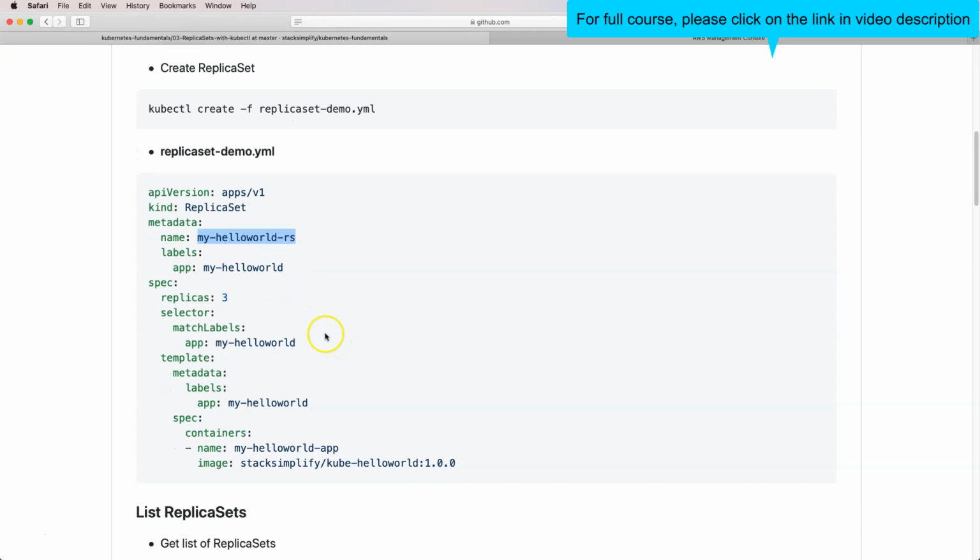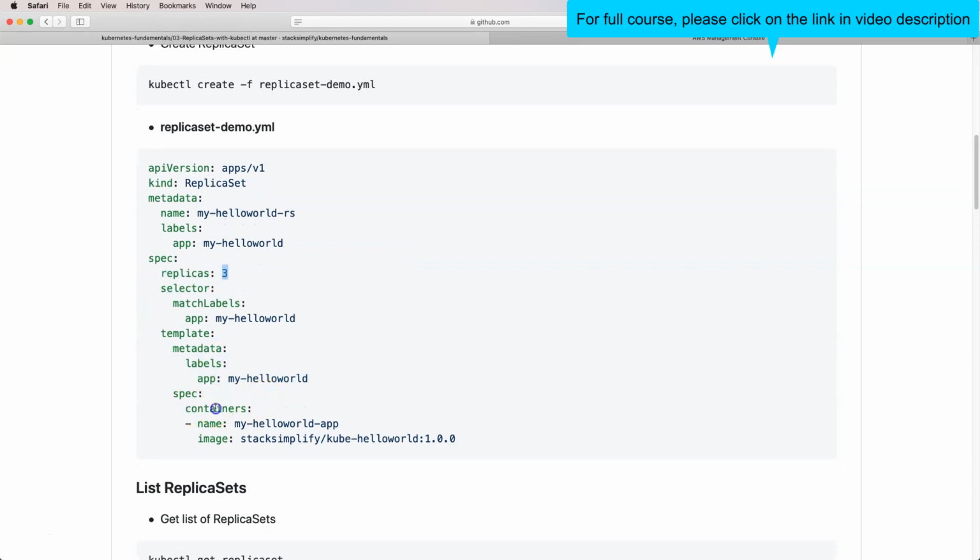In addition to that, number of replicas means the number of pods that need to get created is 3 pods. Okay, forget about labels and selectors for now. We'll see them when we are writing YAML definitions. So replicas is 3, and the next is the container spec.